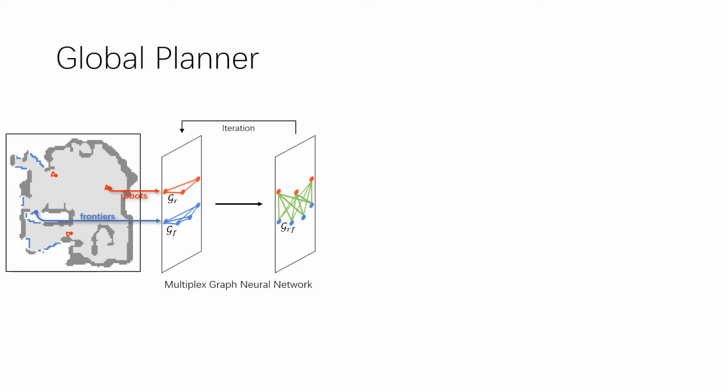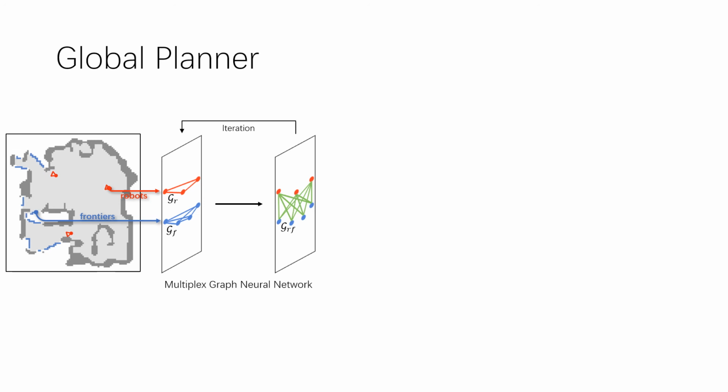To achieve this goal, we introduce a multiplex graph neural network, MGNN. It firstly builds two self-graphs that denote the robot and frontier information separately, and a cross-graph that establishes the dense correspondences between robots and frontiers. Then it applies the intragraph operation and intergraph operation to the two types of graphs respectively to learn the affinity